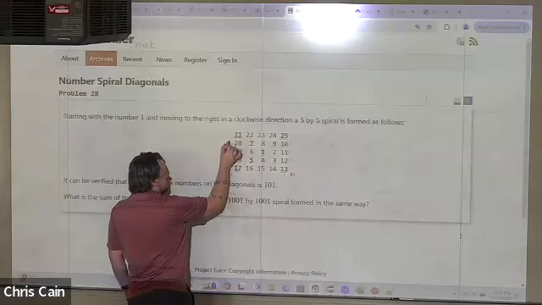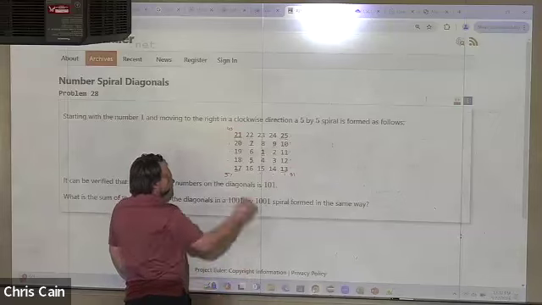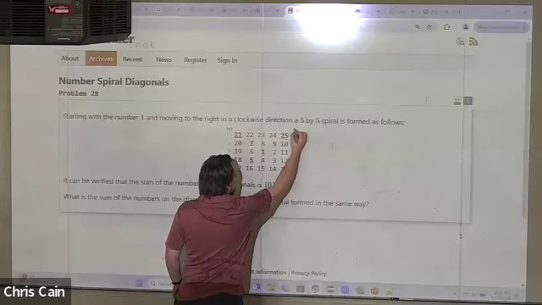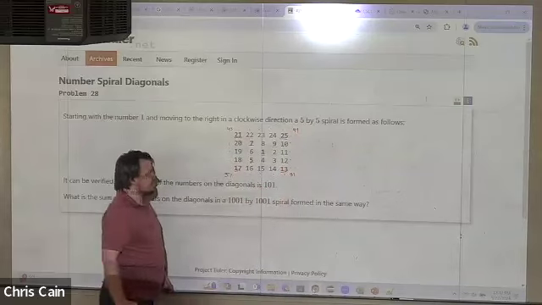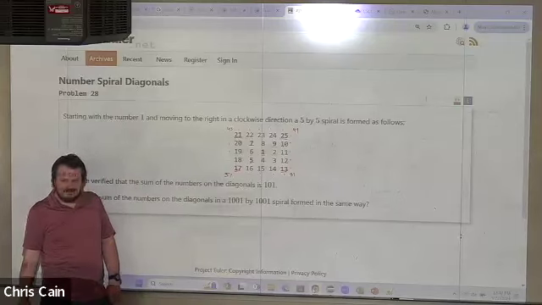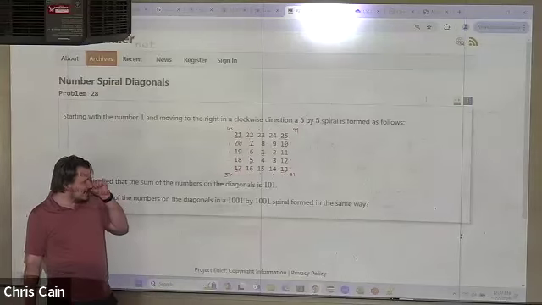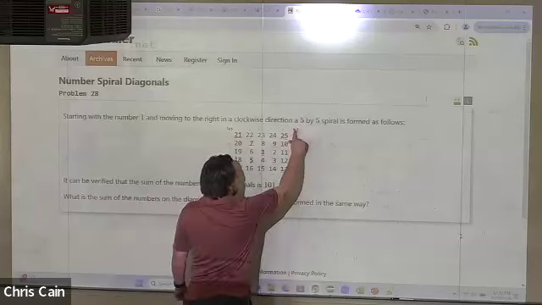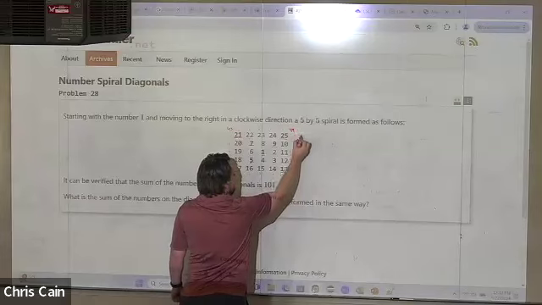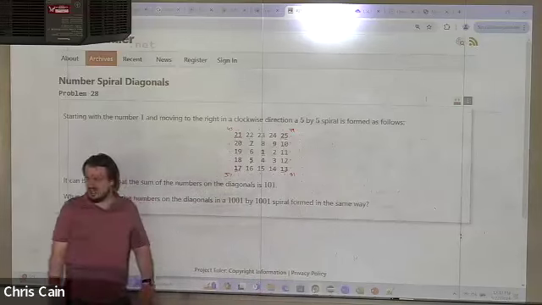38, 39, 40, 41, 42, 43. 44, 45, 46, 47, 48, 49. To get to the next diagonals, these are each 6 apart. That seems to flow logically. To get to the next one, since this is already, I should draw this 49 right here. We need to go 1, 2, 3, 4, 5, 6, 7, 8, down to get to the next thing in